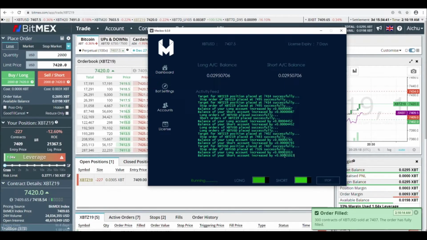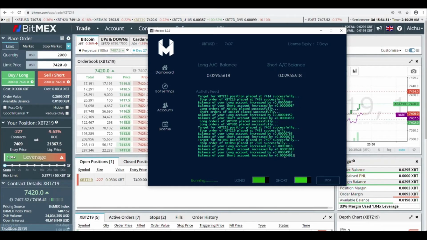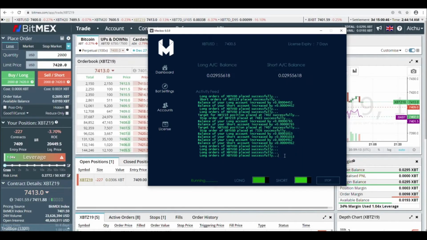Okay, XBT USD got filled. Now you can see our balance increased from 0.0294 to 295. That's very little because our starting balance is low. Your activity feed tells you the same: balance increased by some BTC. And also you can see it says balance of your long account increased and balance of your short account increased